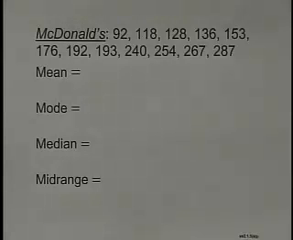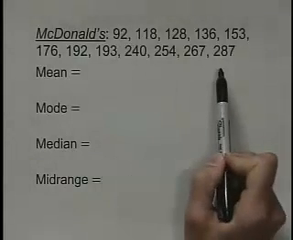So looking at McDonald's, there are four different values that I want to calculate that are the ones we talked about. I want to calculate the mean, the mode, the median, and the mid-range. So we said that the mean is just the average. So what that means is I want to add up all of these data points that I have and then